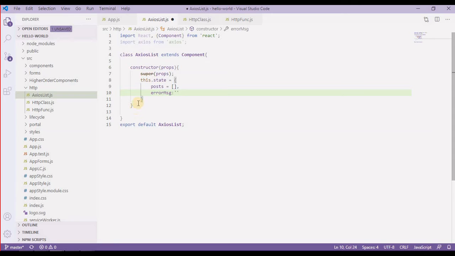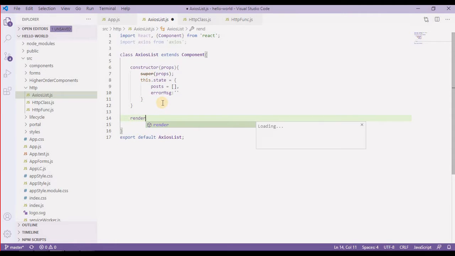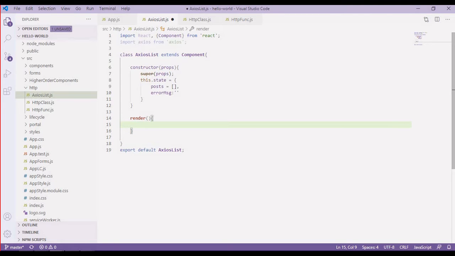After that, similarly, I'm going to have a render method, and in this render method I'm going to return a React fragment.